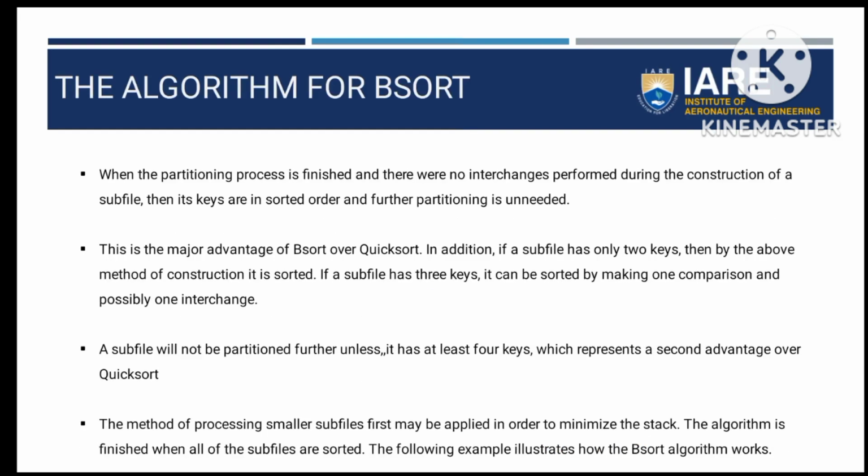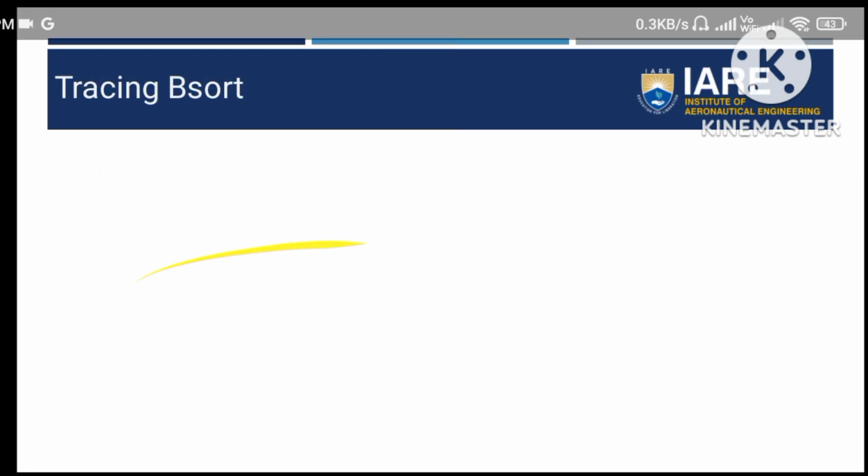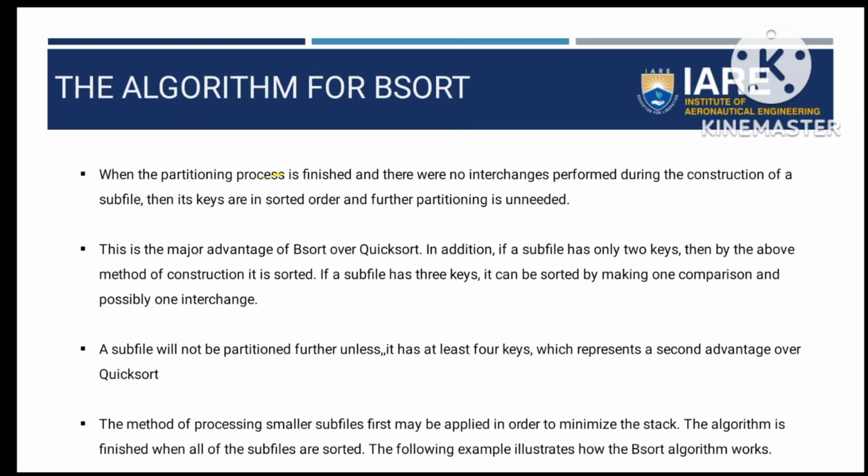When the partition process is finished and no interchanges were performed during the construction of the subfile, its keys are in sorted order and further partitioning is unnecessary. This is the major advantage of B sort